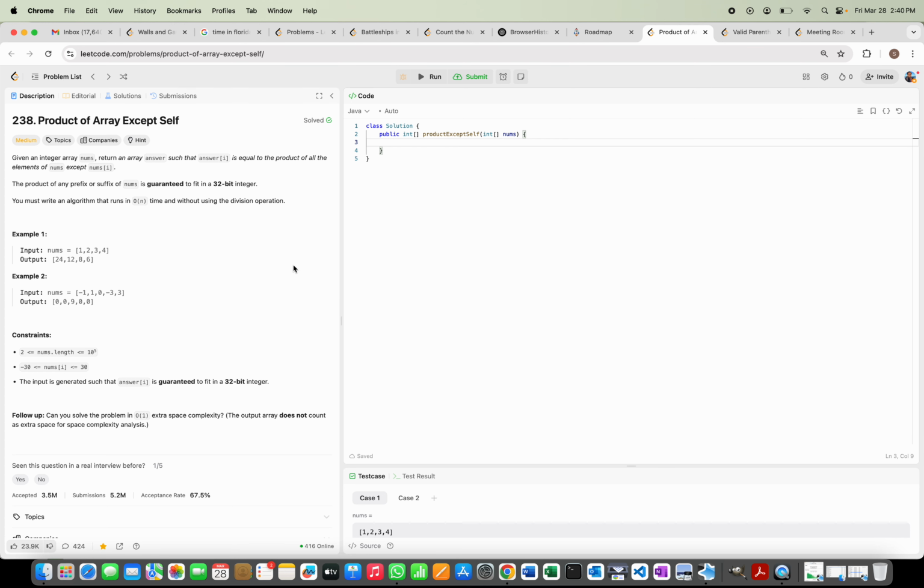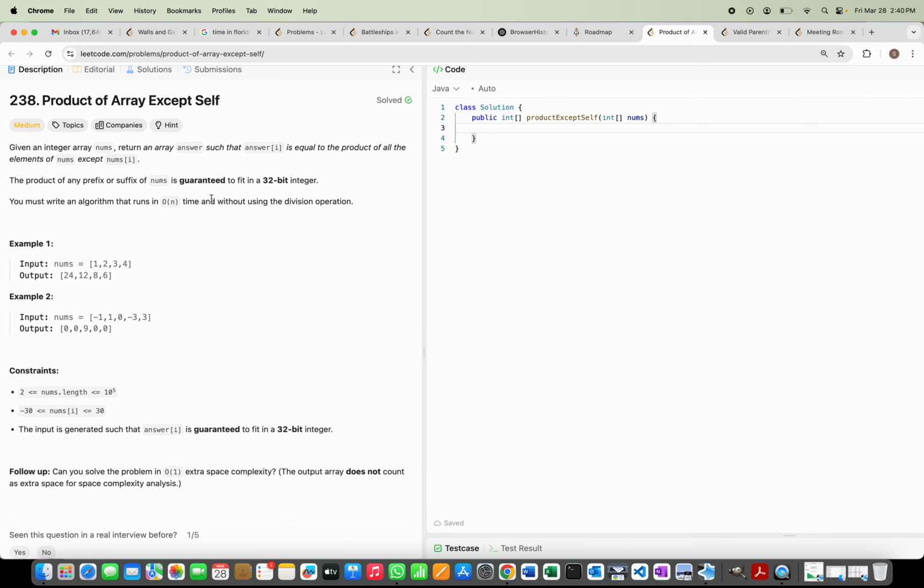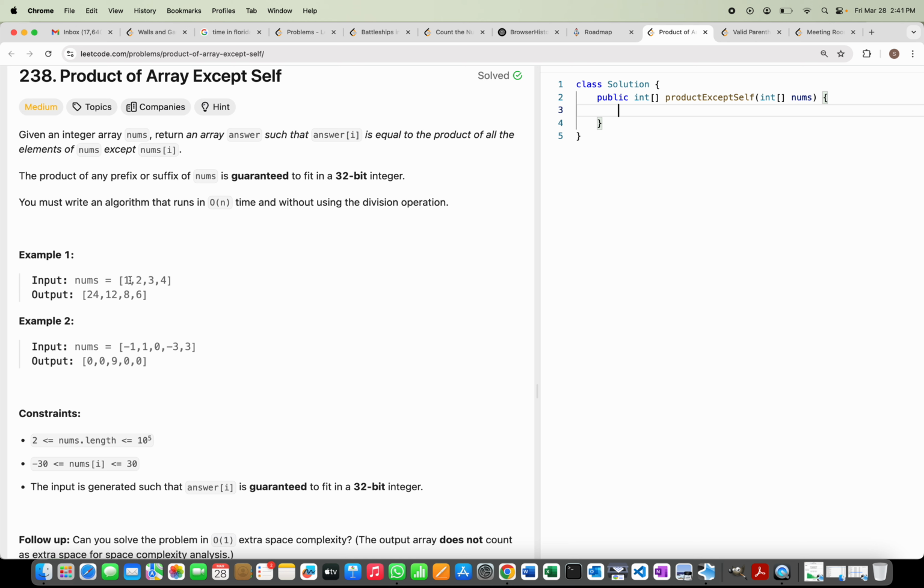Let's do problem number 238, product of array except self. So we are given an array, and we need to return an array such that each element of the output array represents the product of the whole array except the number